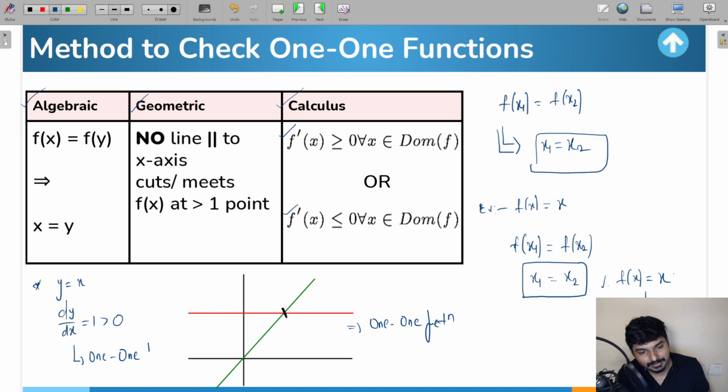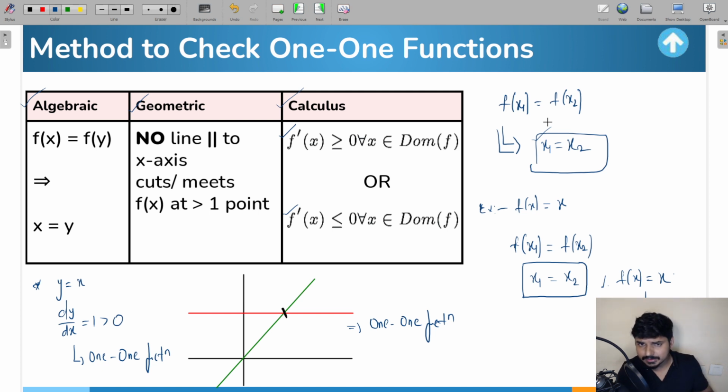So these are the three methods, guys, through which you can check whether a given function is going to be 1-1 or not. I hope the things are clear for everyone till this particular point. First method, you have the algebraic method, and then you have the geometric method. In the algebraic method, you have to start with f of x1 is equal to f of x2, and from that condition, you have to exclusively prove that x1 is equal to x2. If you're getting exclusively this condition, then it simply means that the function will be 1-1.